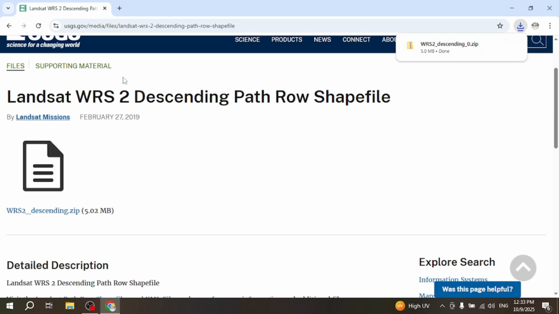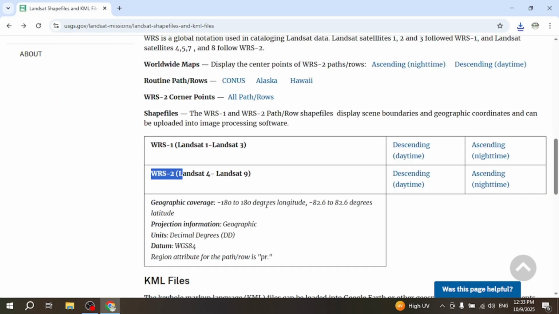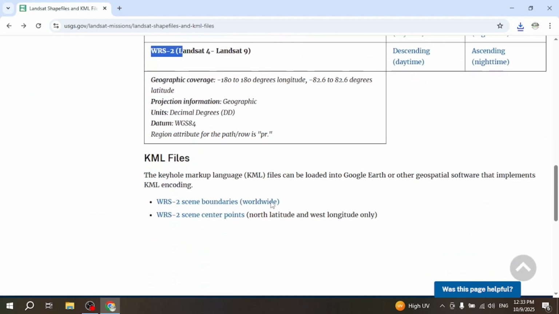Now we will also download the KML file. I'll go back to the previous window and scroll a bit down, and here I see KML files, and under the KML files we have two points. One is WRS-2 scene boundaries and the other is scene center points. We are mainly interested in scene boundaries, so we will go with scene boundaries instead of points. Just click on this WRS-2 scene boundaries worldwide,